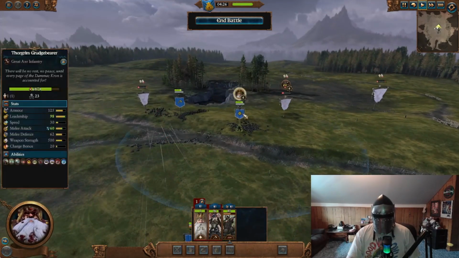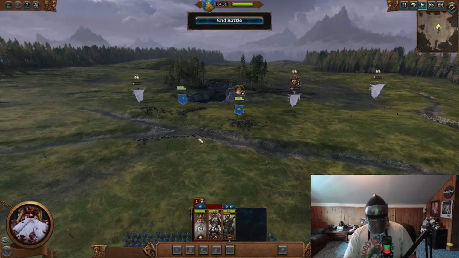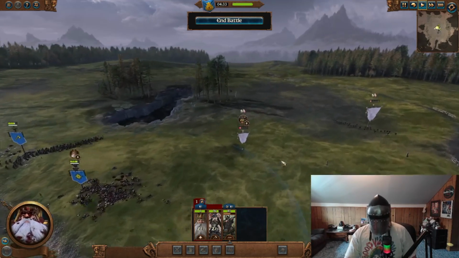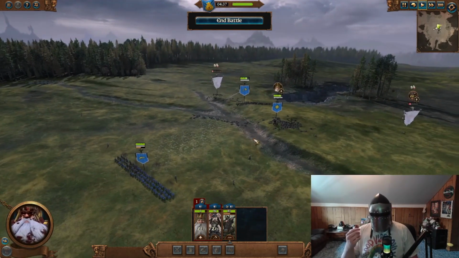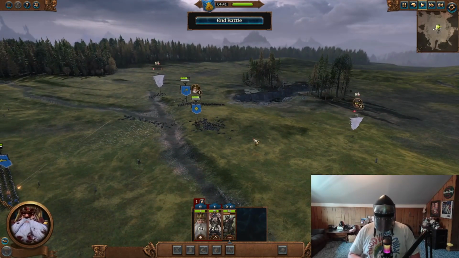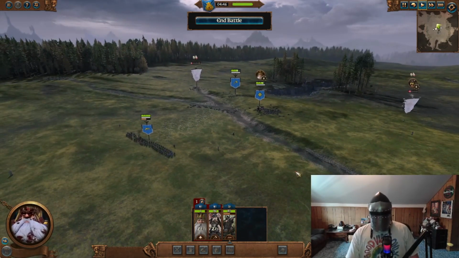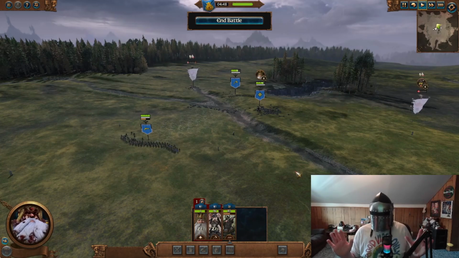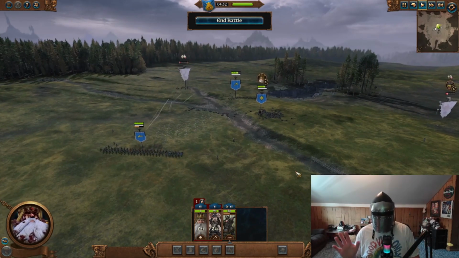Still does a good amount of damage, but Thorgrim took a little bit more damage than he did before. So having a height advantage does help speed it up. It reduces the damage you take, and you're able to dish out more damage with your missile units and use them more effectively. Again, it's a very simple part of it, but I think I forgot to explain specifically how